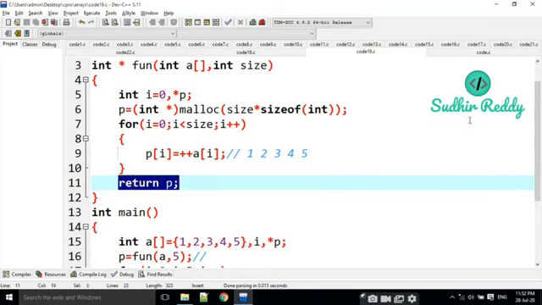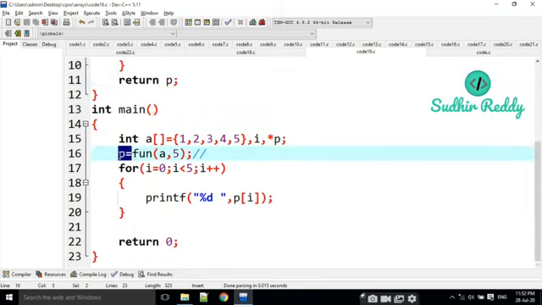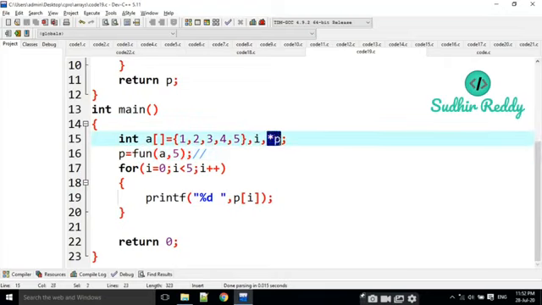That's why I am copying with the pointer. What is the definition of a pointer? A pointer holds the address, right? That's it. I am doing the same. P is the pointer, of integer type. Okay, the next question.